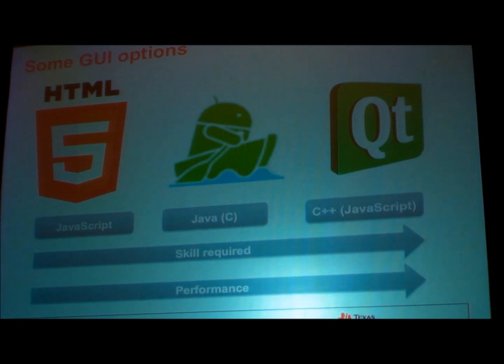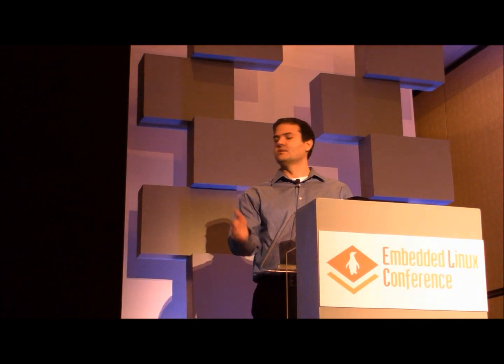Even though there's nice packaged tools, there's still a little bit more of a skill level expected to build an Android application versus just building a web page and a simple interface through web pages. And then there's Qt, right? So again, a little bit more skill required. Although you can program for Android in C, it's just for certain library functions. Most everything's in Java, whereas with Qt, you need to actually use C++